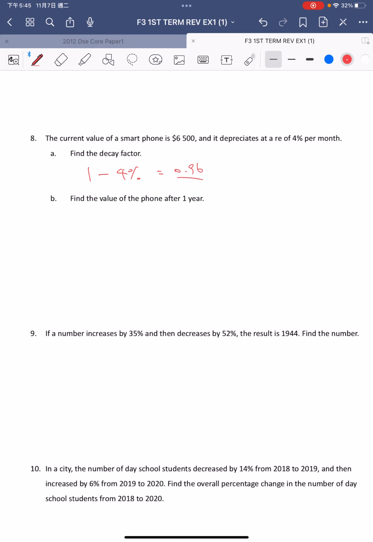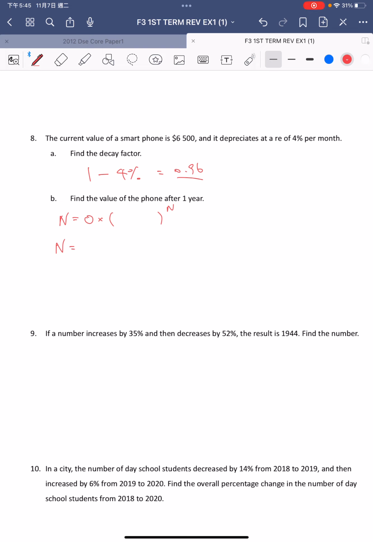So 0.96 is our decay factor. You don't need to do any more calculations. So find the value of the phone after 1 year. Our formula of the new value is equal to the old value times the decay factor to the power of n, isn't it? So the new value